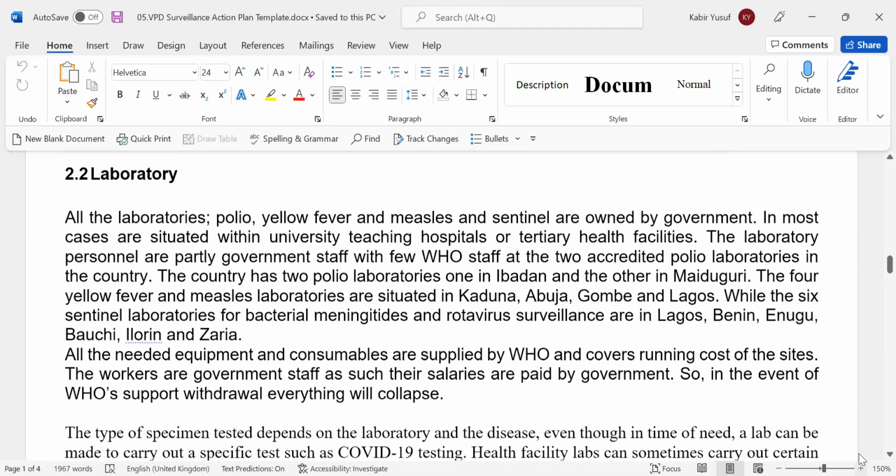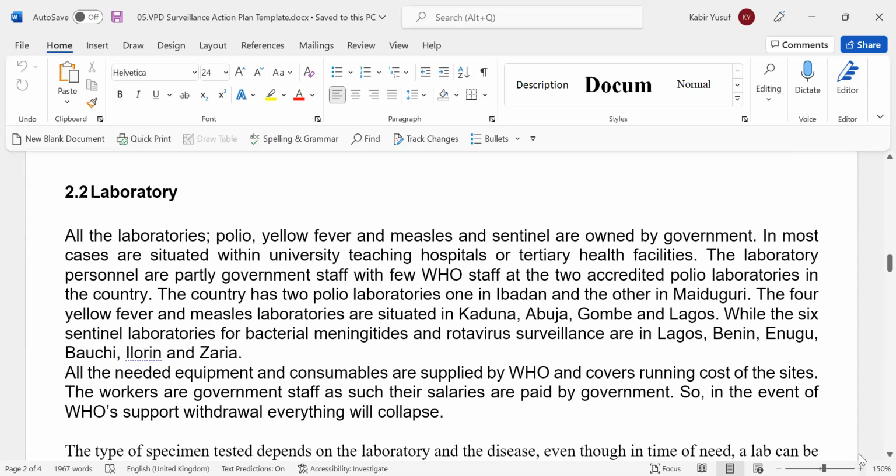Now, we have laboratories that are spread across the country. We have 2 polio laboratories that are situated in Maiduguri and Ibadan. We have 4 yellow fever and measles laboratories that are situated in Kaduna, Abuja, Gombe, and Lagos.